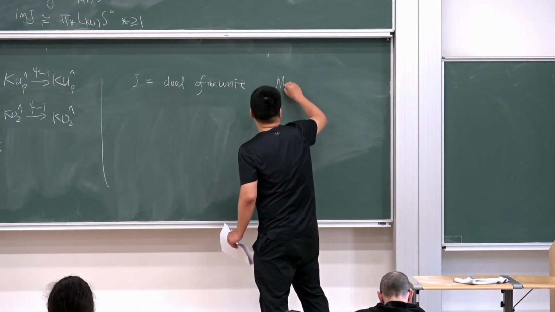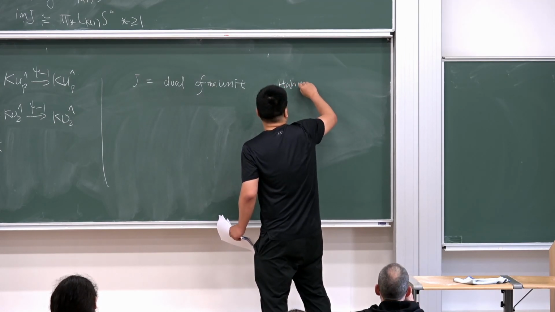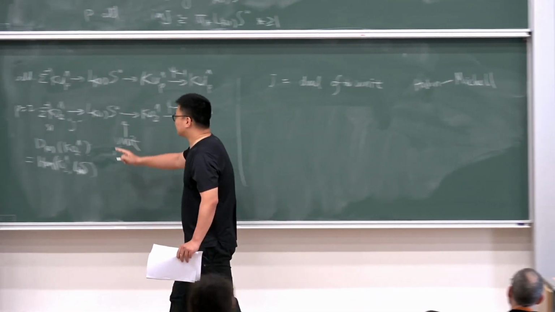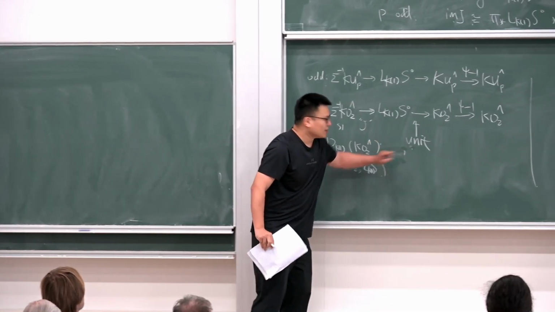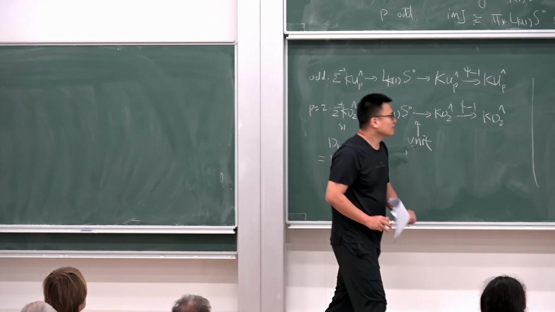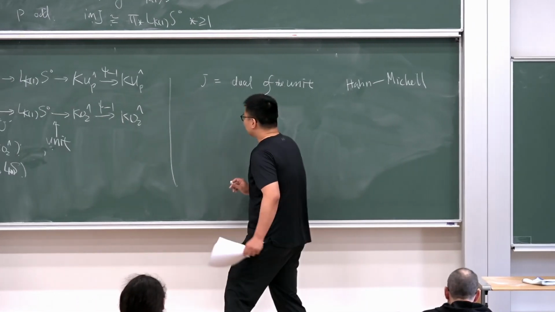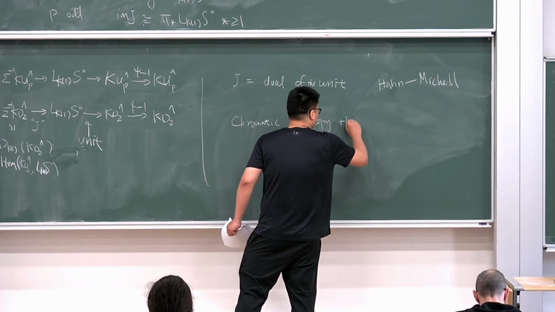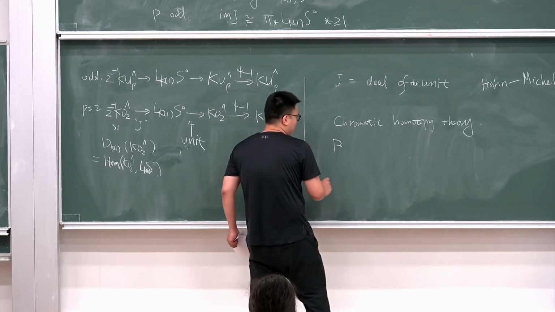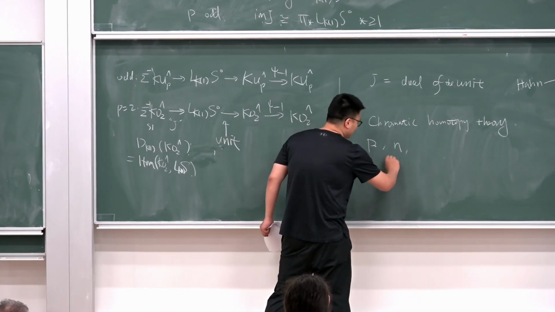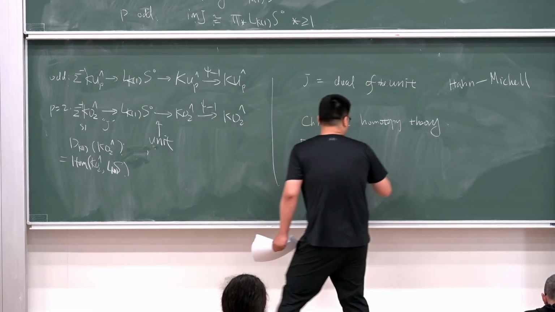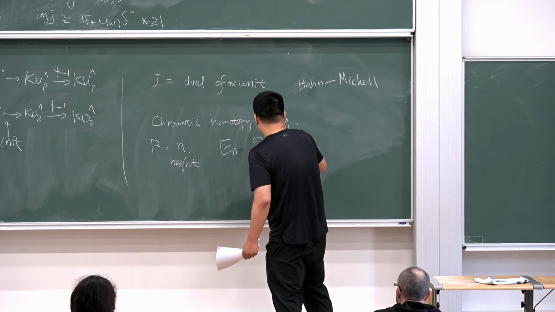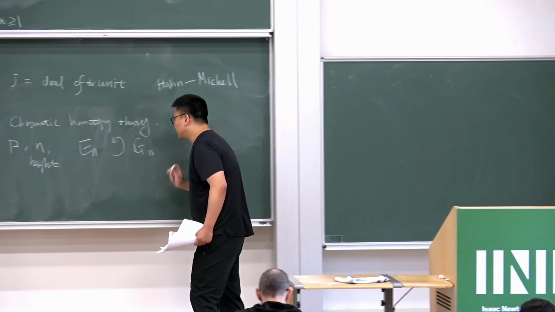And this is, it's Hahn and Mitchell. So they did the computation and showed that not only is this isomorphic to the dual, but this map is actually dual to the unit map with a choice of the isomorphism here. And so in this, we already see in chromatic homotopy theory, you can fix a prime p local, and then fix a height n. And then there is a very nice E infinity ring spectrum E_n. It has a nice action by G_n, like this,